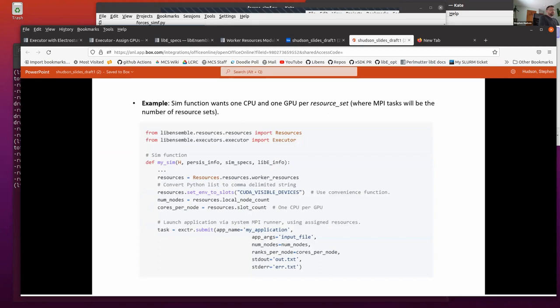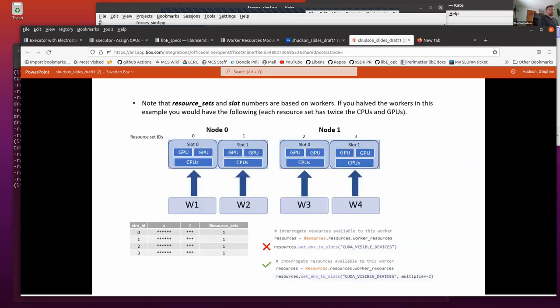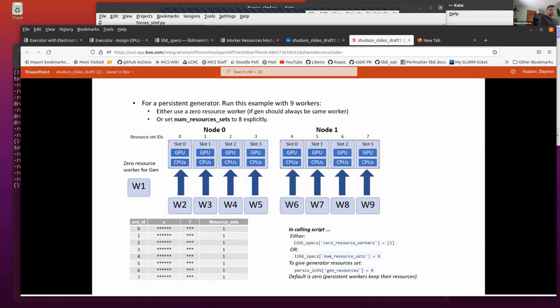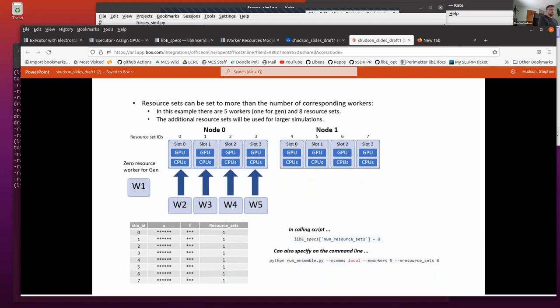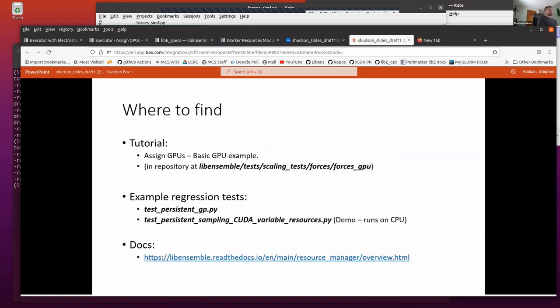This is showing simply how that would work if you used half the number of workers. And if you use 0 resource workers, you can also explicitly set your number of resource sets. And then you can also explicitly set the resource sets to more than the number of workers. Okay, so